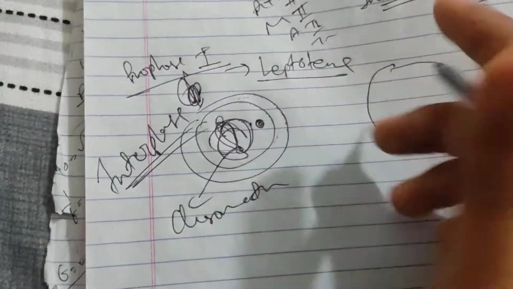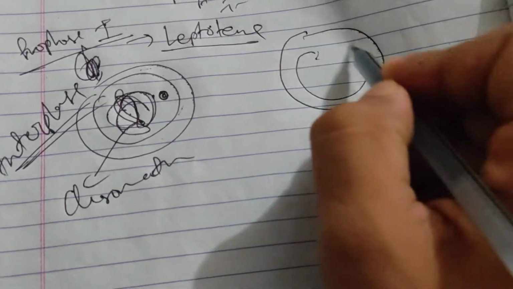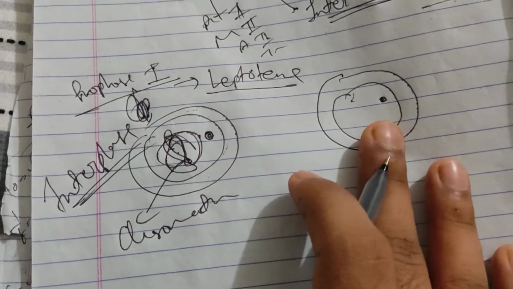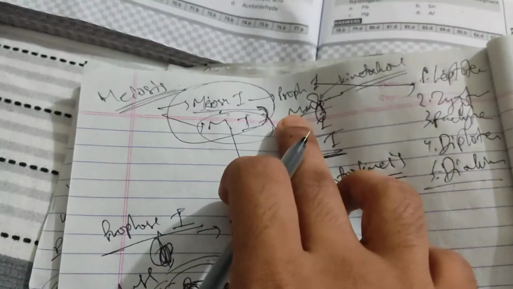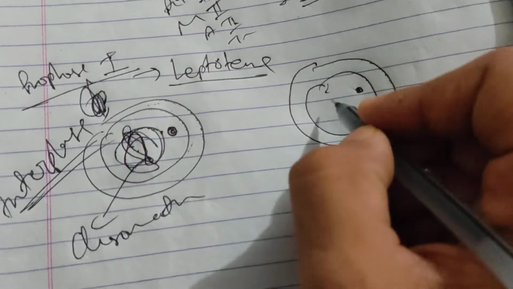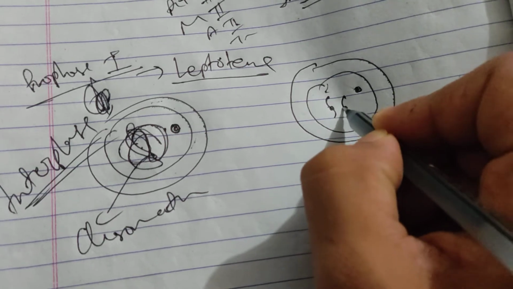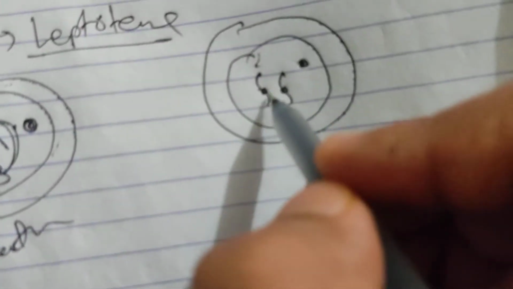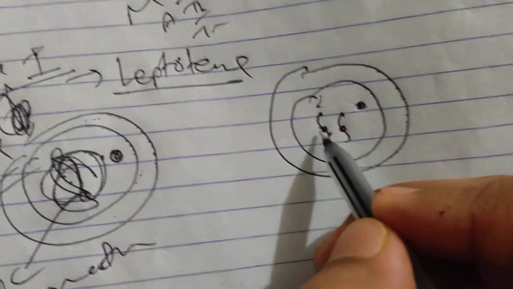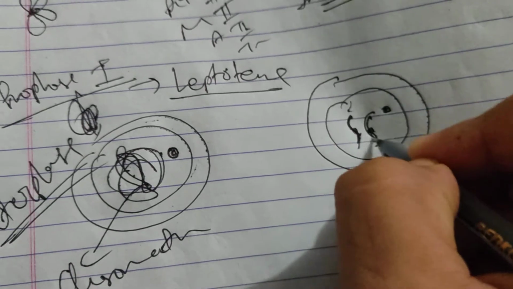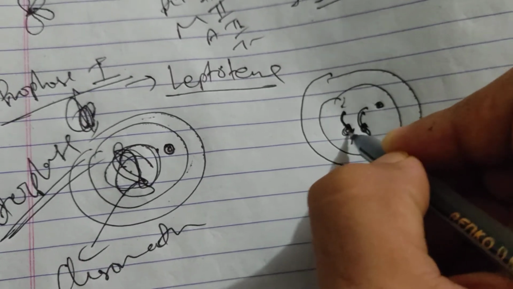Now in prophase 1, in leptotene, these get condensed. Now see, the nuclear membrane is still there. In the whole of prophase 1, the nuclear membrane will be there, because the nuclear membrane disappears in metaphase. So now in leptotene, these condensed chromatin become like this. They are still thin. If you enlarge this, it will come in this shape as in mitosis, but they are still thin. They appear so thin in leptotene, so I have drawn it this way. Let us make 2, it will be easier. This is the centromere,